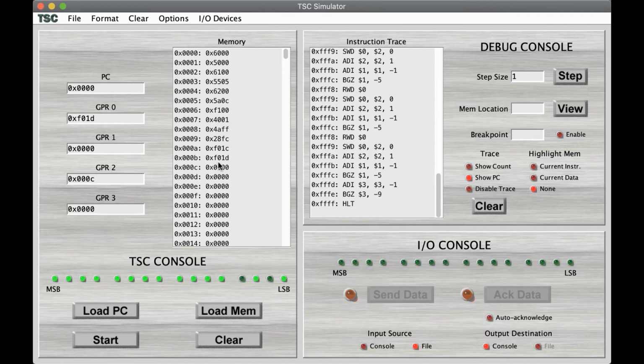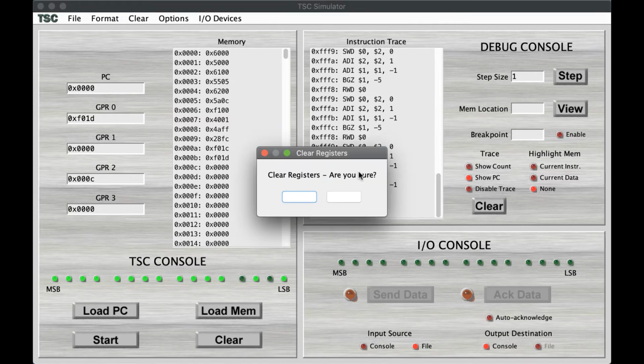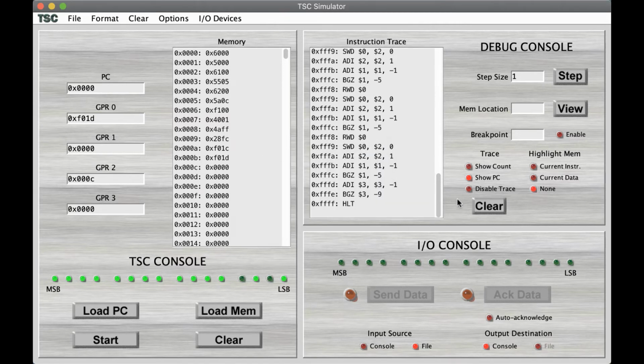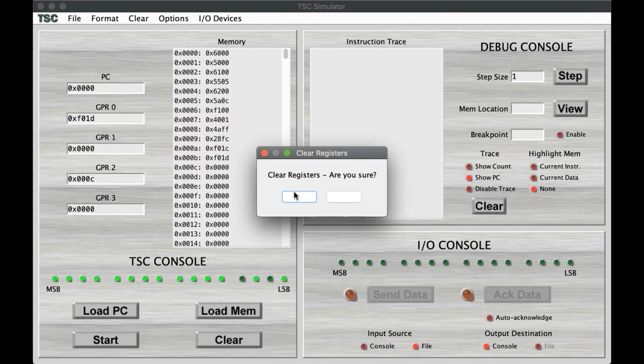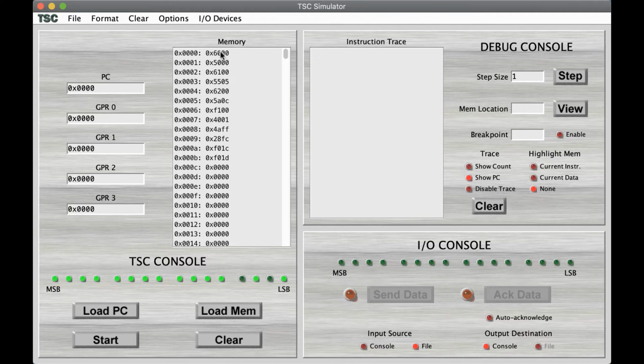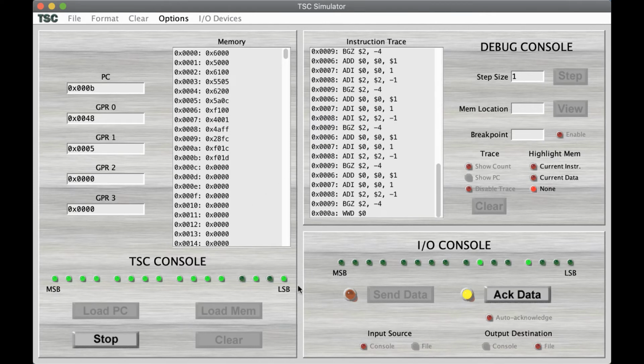So when you're going to pass off, first you should use a program that you wrote, and then you show your program running in this simulator right here. And let's not clear our registers, we'll just clear our trace. And so we got everything cleared out, and we'll clear our registers. That's fine. Now our program counter's pointing to there, and we can just click Start,